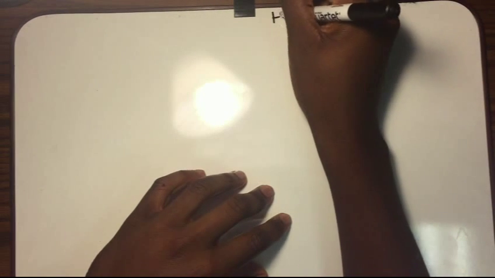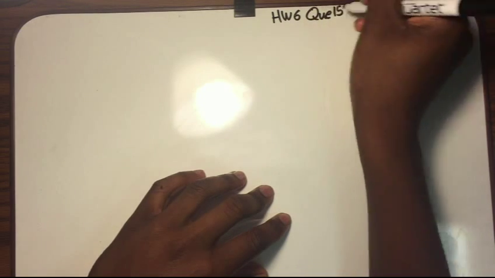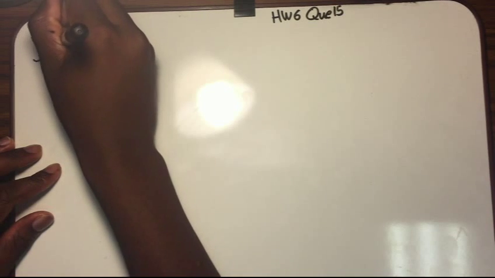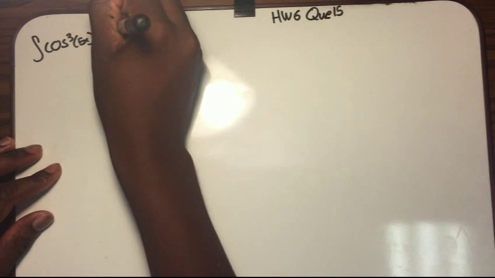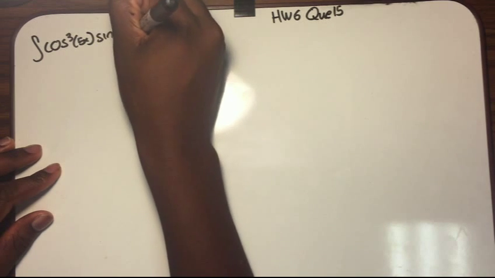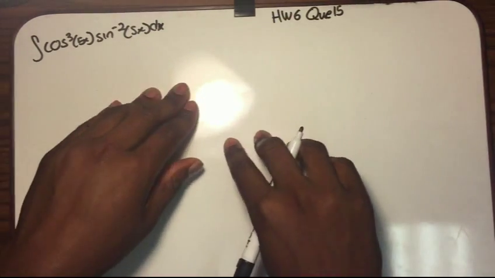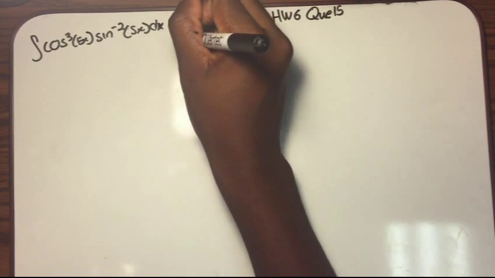Hello, we're about to do homework 6, question 15. So the question goes like this: the integral of cosine cubed of 5x times sine to the negative 2 of 5x dx. So the first step here is to do a u substitution, and we're going to say u is equal